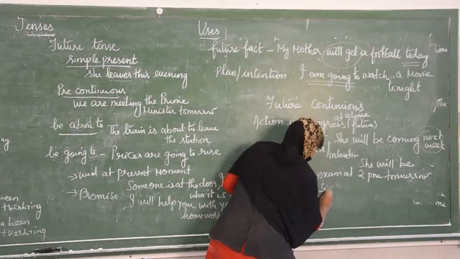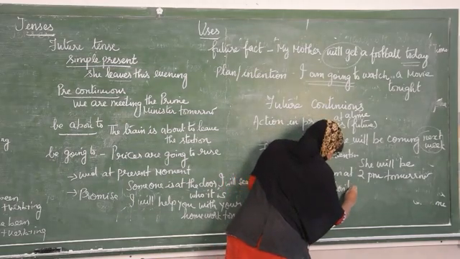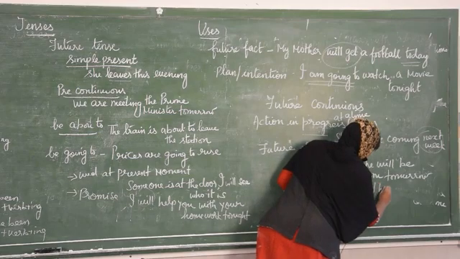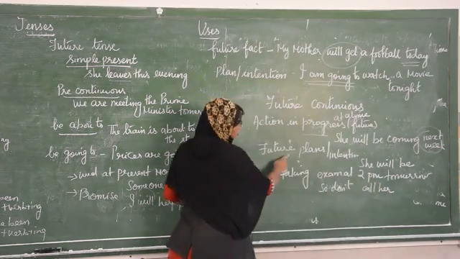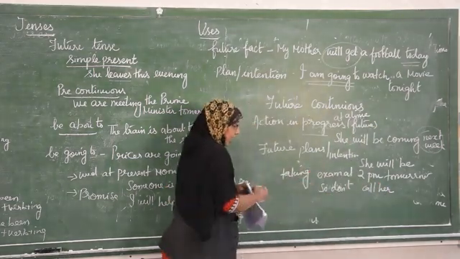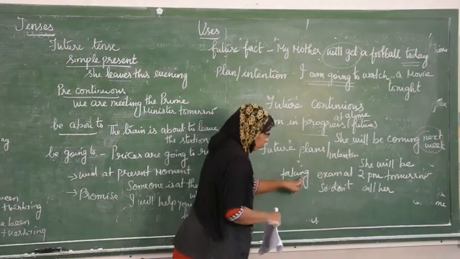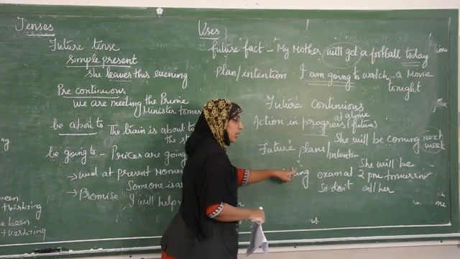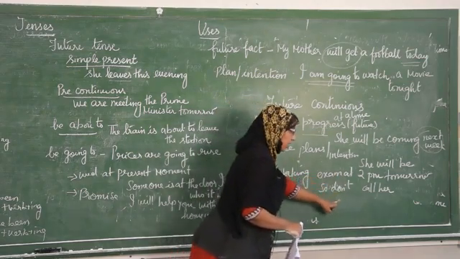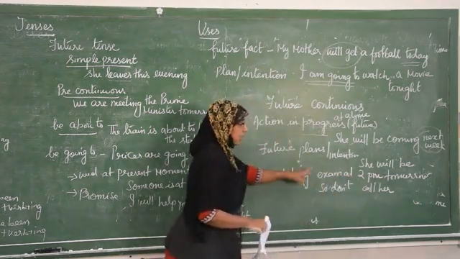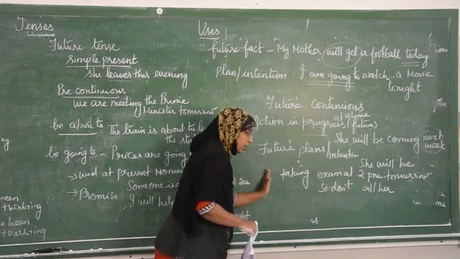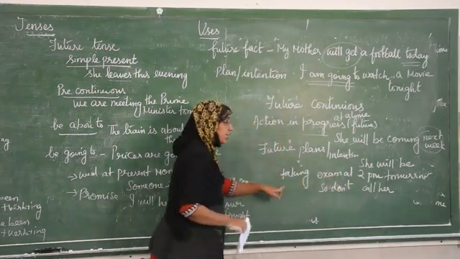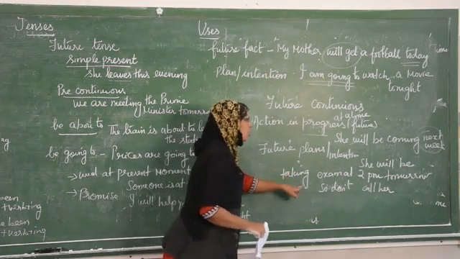So don't call her. What is the meaning of this? Future plans or intention. The action is already planned. Tomorrow what? She is going to write the exam at 2 p.m. What do you have to do at that time? You should not call her. She will be taking the exam. So the action will be going on in the future, that is at 2 p.m. tomorrow. At that time, what should you not do? You should not call her.